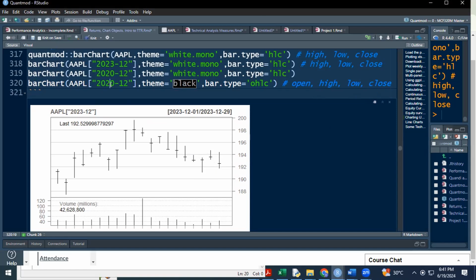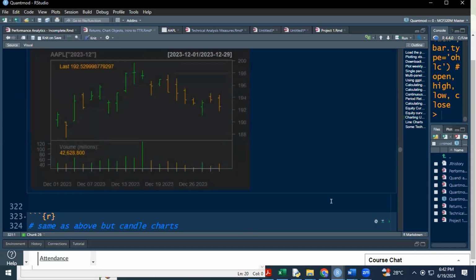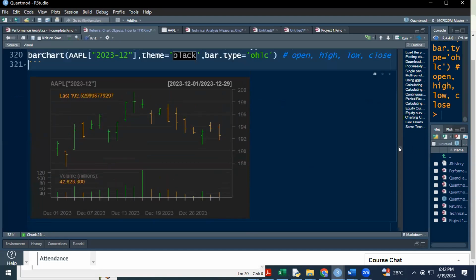So let's run this one, 2023, 12, but this time it's open, high, low, close. Now what's good about this is that unlike a regular plot or an ordinary plot, although you can plot also the open, high, low, close as separate plots, here in just one plot, you can have these four pieces of information. If you run this, you can see here that for this bar chart,